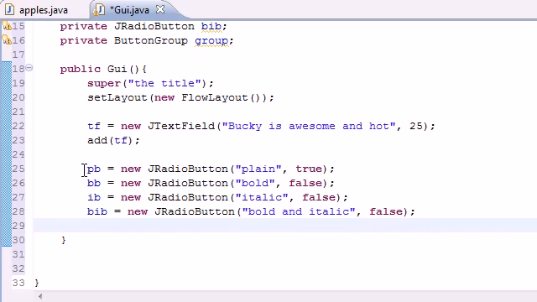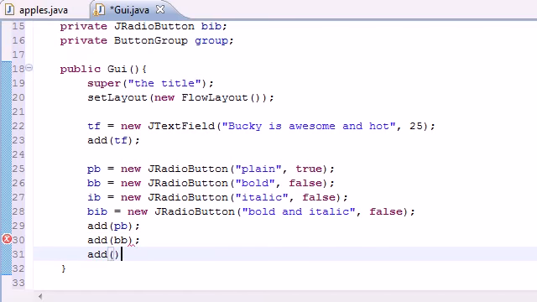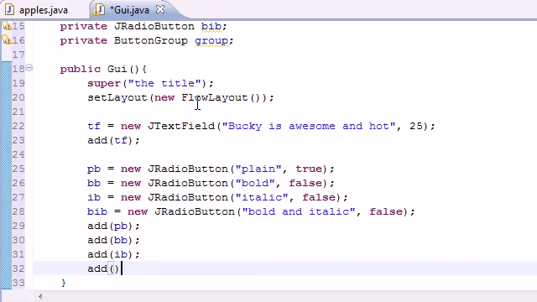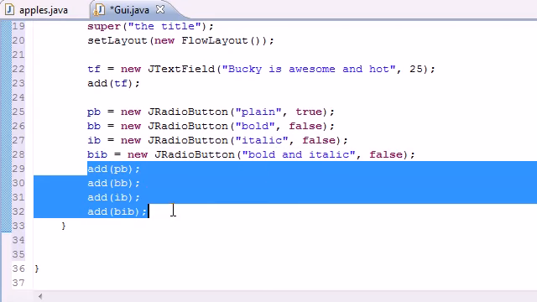So now that we created these 4 button objects, we can go ahead and add them to the screen using add and PB. They should make this so you can add multiple ones at one time, but I don't think they do. So add BB, add IB, and add, what else we got here? Bib. There, that's enough of that. So now we pretty much created 4 buttons, and we actually added them to the screen so that they showed